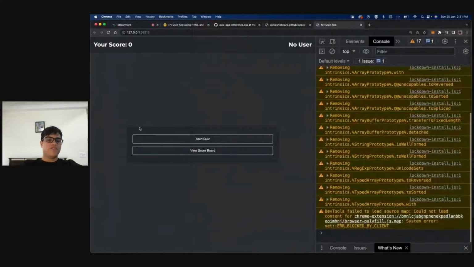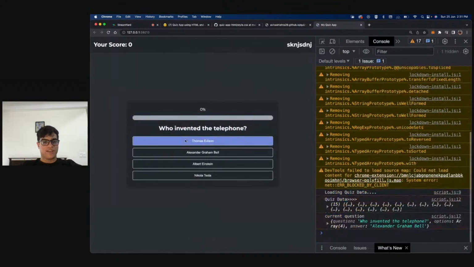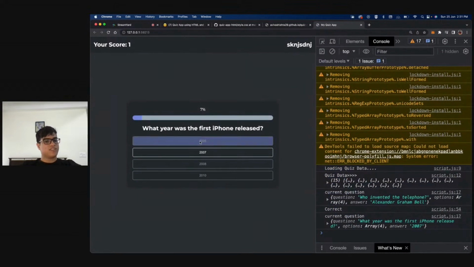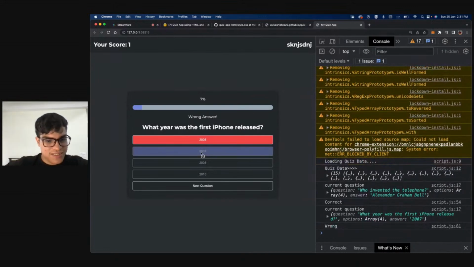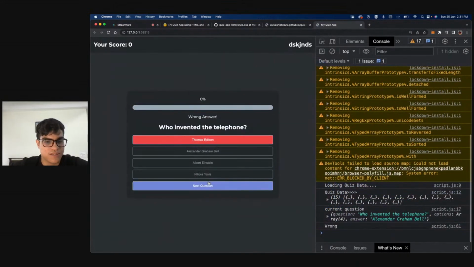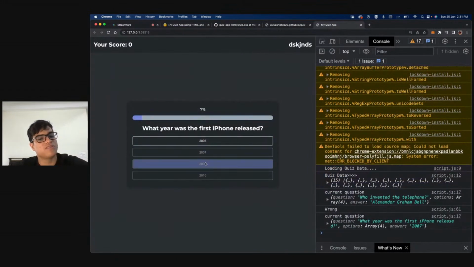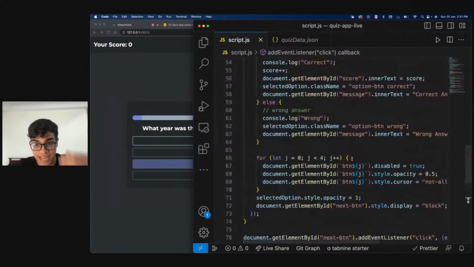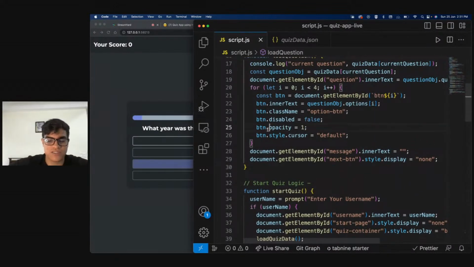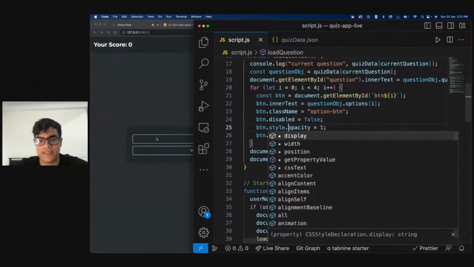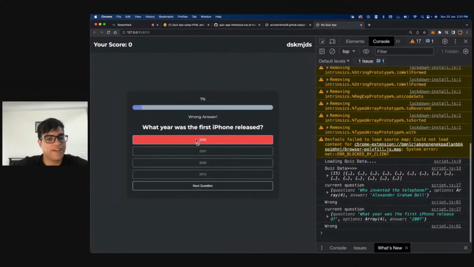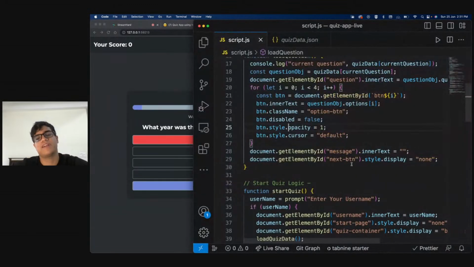That's it. So now what happens is when I click over here, on next question, the progress improves, and the next question is here. Right. Now, do you guys see this? For some reason, over here, the opacity never improves. So how do I change that? I feel that is something we did on loading of the question. I said button.style.opacity. My bad. Right. Now it's back to the same thing again. Great.